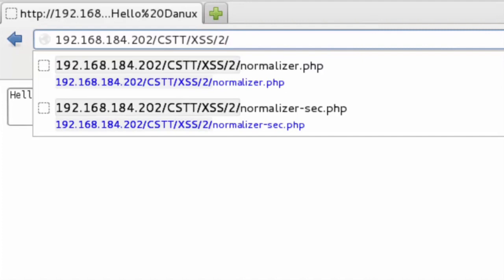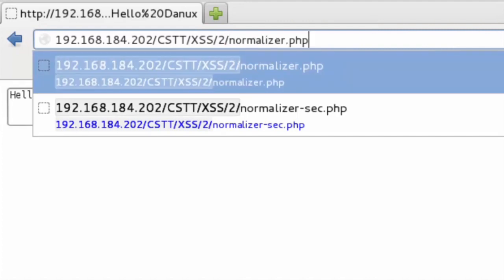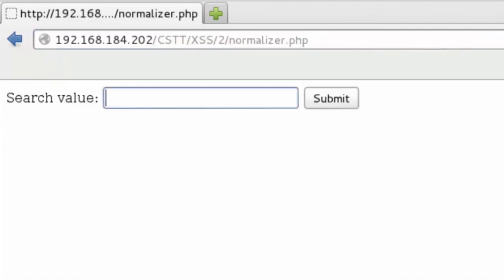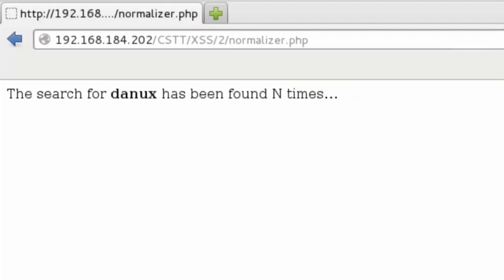So we run normalizer, and I forgot to mention that, guys, sorry, it is in the source code, but we can see it here. It is a typical scenario where it is a search value, you have a box, and whatever you enter to search, it's going to receive the response saying, oh, the search for, in this case, Danux has been found